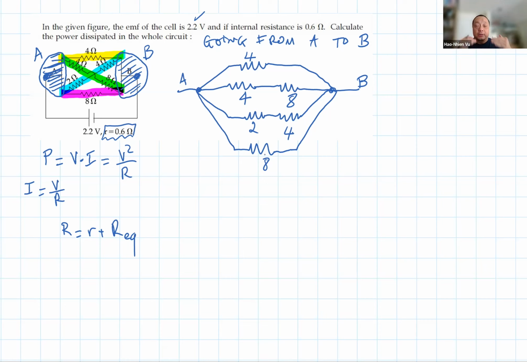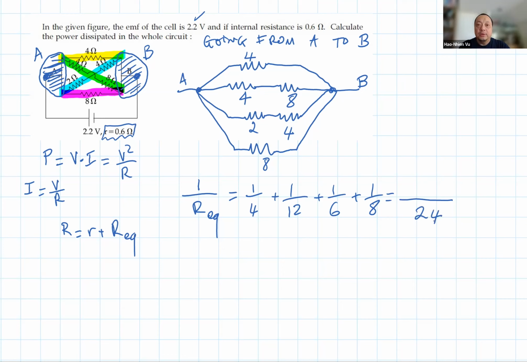That's just parallel resistors. So the equivalence for this parallel follows the invert rule. So it's 1 over 4 for the top. The second line is 1 over 12. Third line, 2 plus 4 is 6, so 1 over 6. Last line, 1 over 8. Common denominator is 24. And the numerators are 6, 2, 4, 3, for a total of 15 over 24. And simplify, you get 5/8. So that means the equivalent resistance is 8/5,